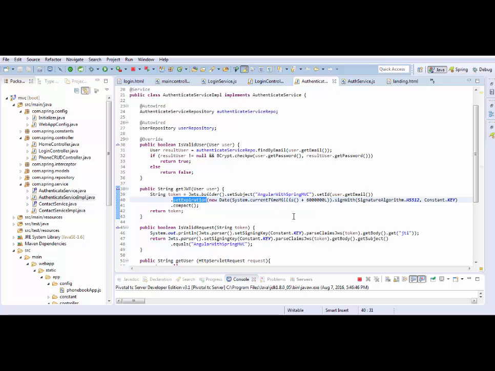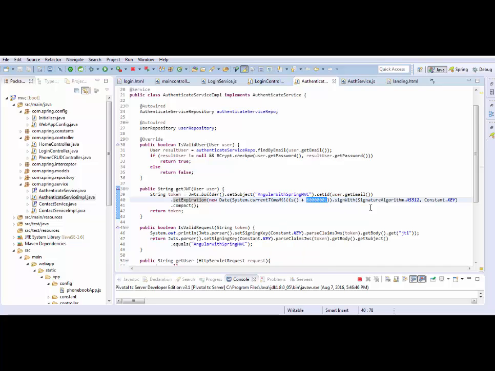This expiration date comes in handy as after the stipulated time the token expires and the user has to log in again. This is important if somebody unauthorized gets hold of the token and might use it again and again. To make sure this doesn't happen, we give a expiration time from the current time